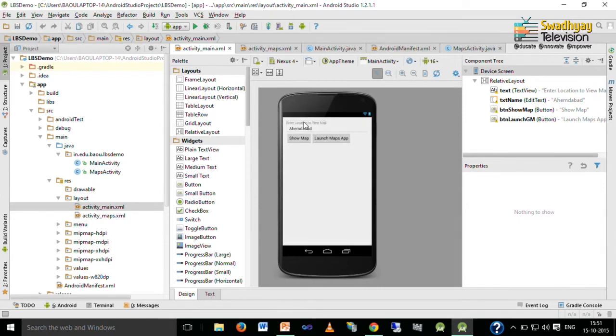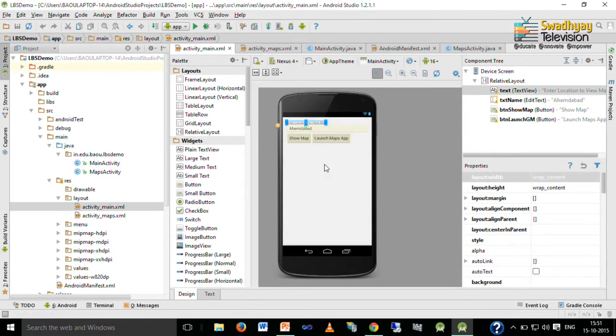Here it is very similar to the previous program. Here we have to enter our location, and when the user presses this Show Map button, we will launch our MapsActivity and pass the longitude and latitude of this location to our MapsActivity. When the user presses Launch Maps Application, we will start the inbuilt Maps application installed on your phone.